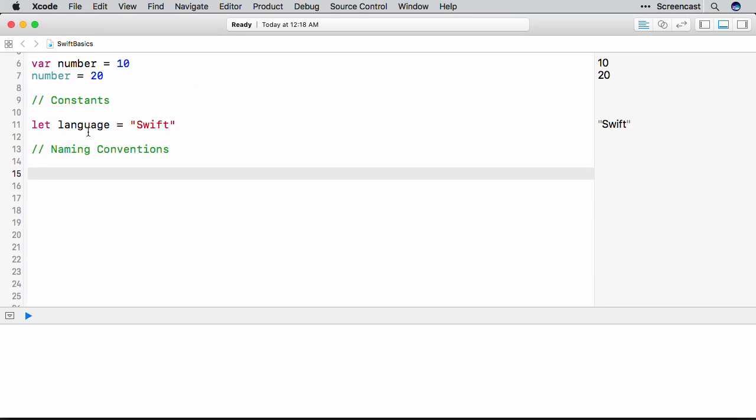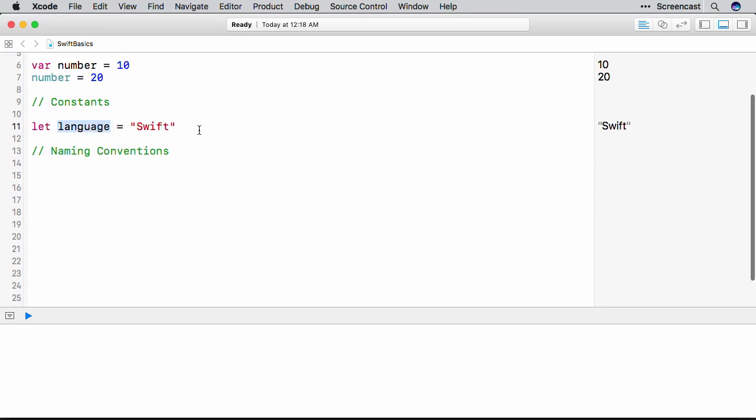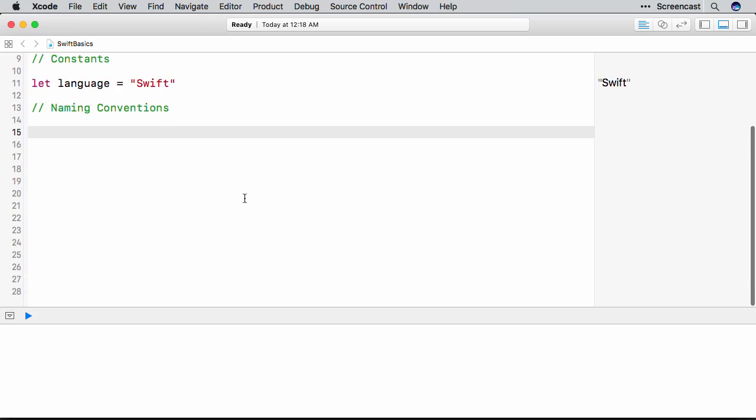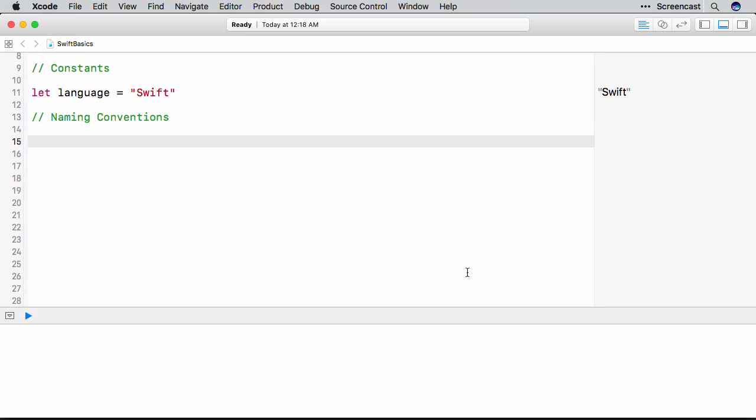Okay, so we have a constant named language here, and we've assigned the string Swift to it. What if I wanted to create another constant called programming language and assign the string Objective-C? Let's try that. We'll say let programming language equal Objective-C. If we try and write it out like that, like we would a normal English sentence as two words,